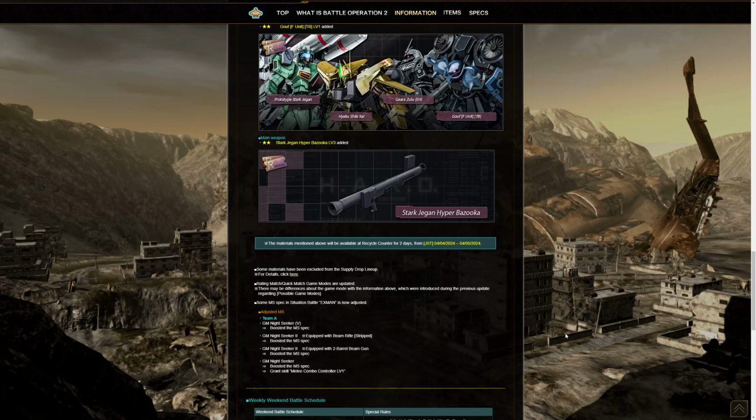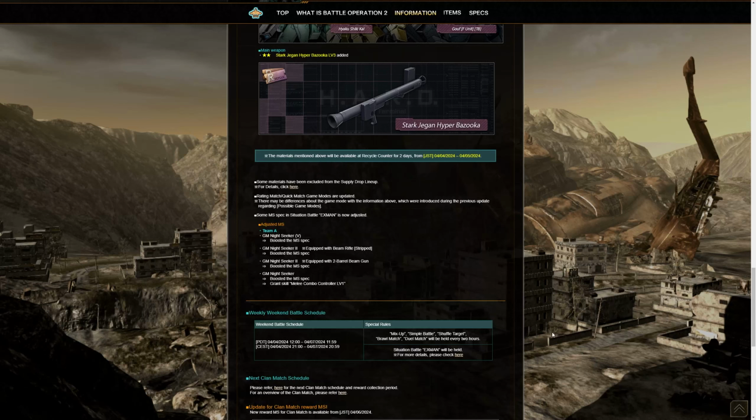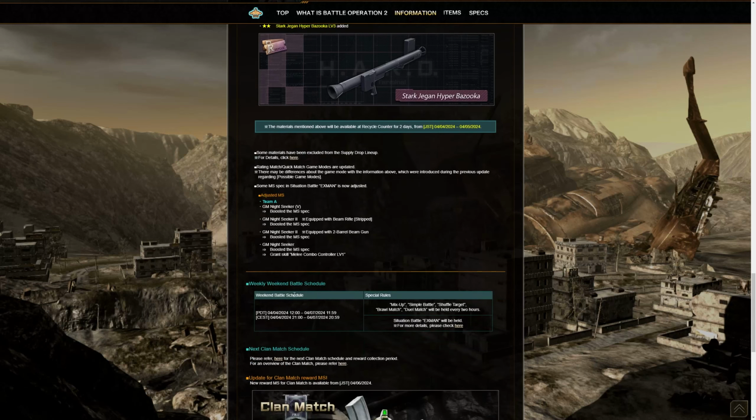So that'll be interesting to see, because I've always thought the Nightseeker in general should have had an update to the melee combo controller, which I wouldn't be surprised if it comes to an update at some point. Never know. And in addition to that, we do have some changes to the weekly weekend battle schedule,